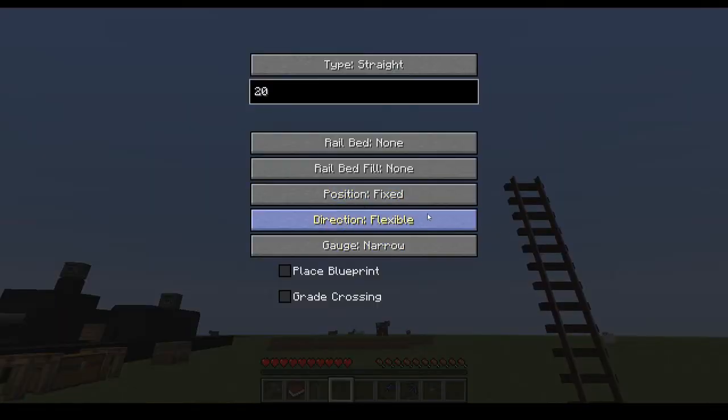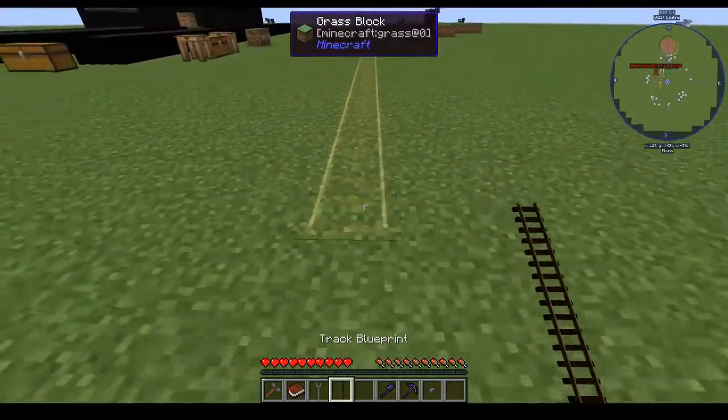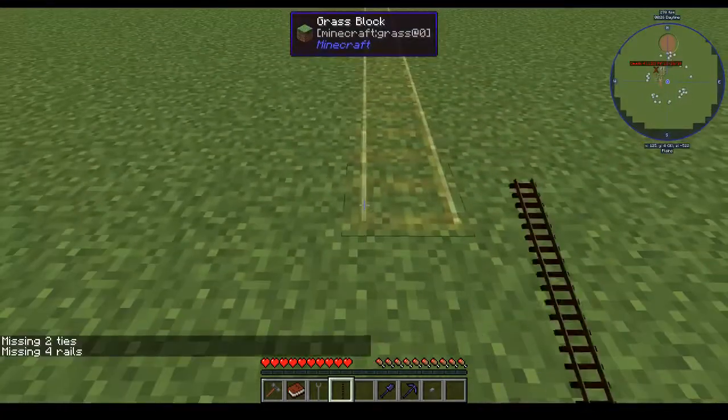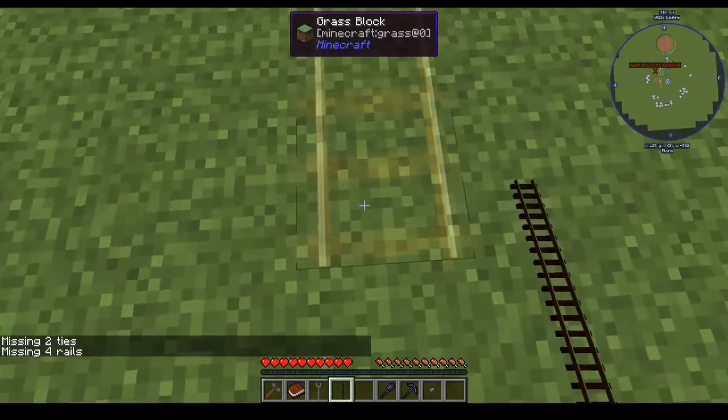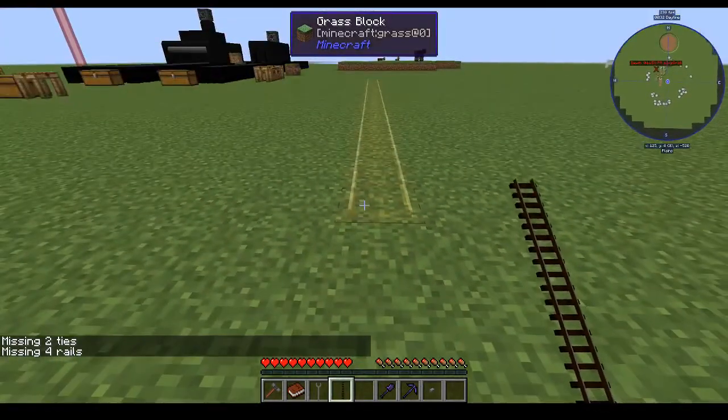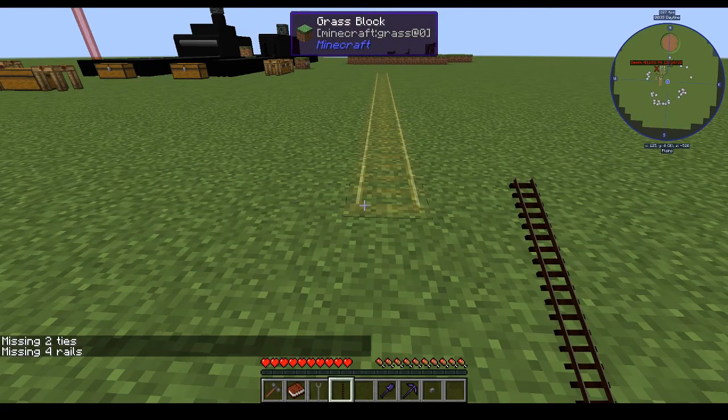Next is Minecraft. Now, Minecraft is a bit of a weird gauge. Oops, didn't mean to do that. As you can see, it's directly within 1 block, and if we place this side by side, or like right